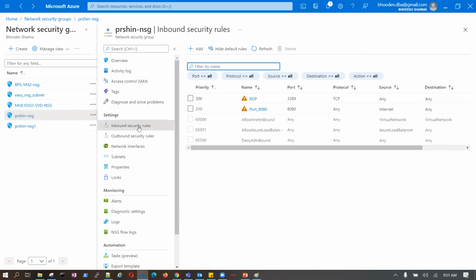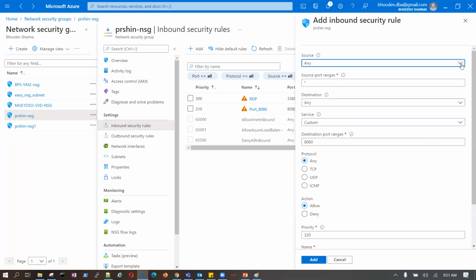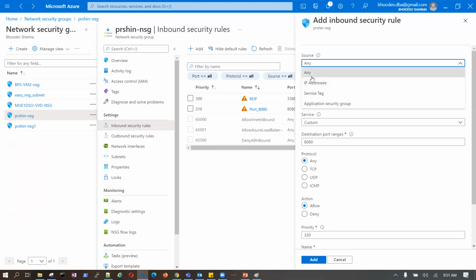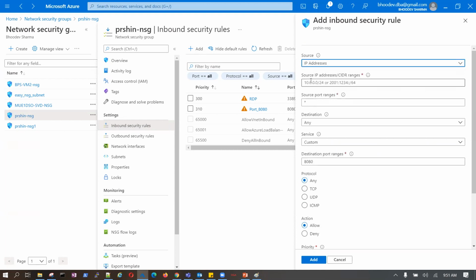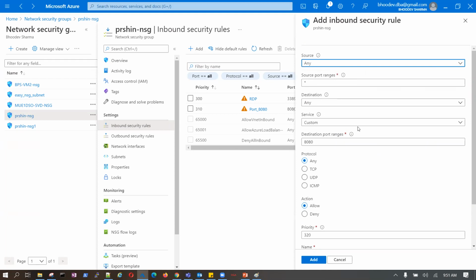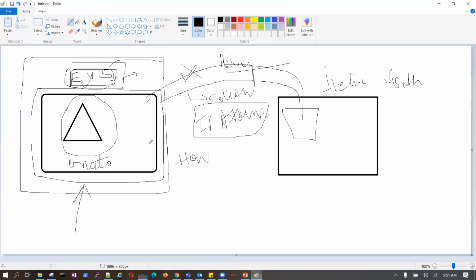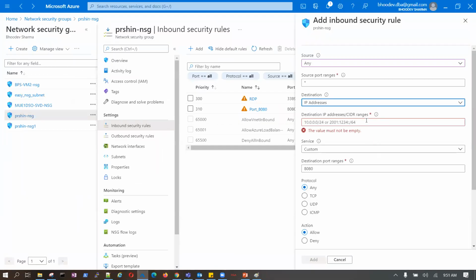Wherever the security group is associated, only there will the rule be enforced, right? The control will be enforced. If I say anything, any IP address, anywhere from the public coming to this IP address, now you provide the IP address of this instance and say deny.